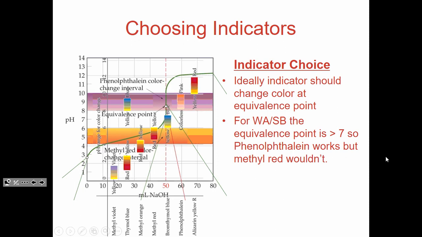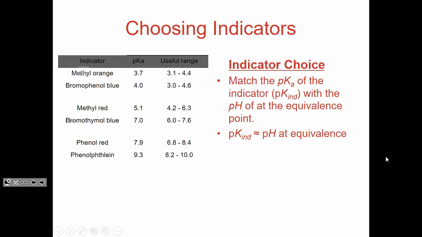And you can see here I've superimposed a bunch of different indicators. So there's more than just phenolphthalein that might function well. You have to basically look at the situation and see where the big swing is and what indicator would work well for that. Now, one of the easiest ways to choose is to not really look at that last graph,